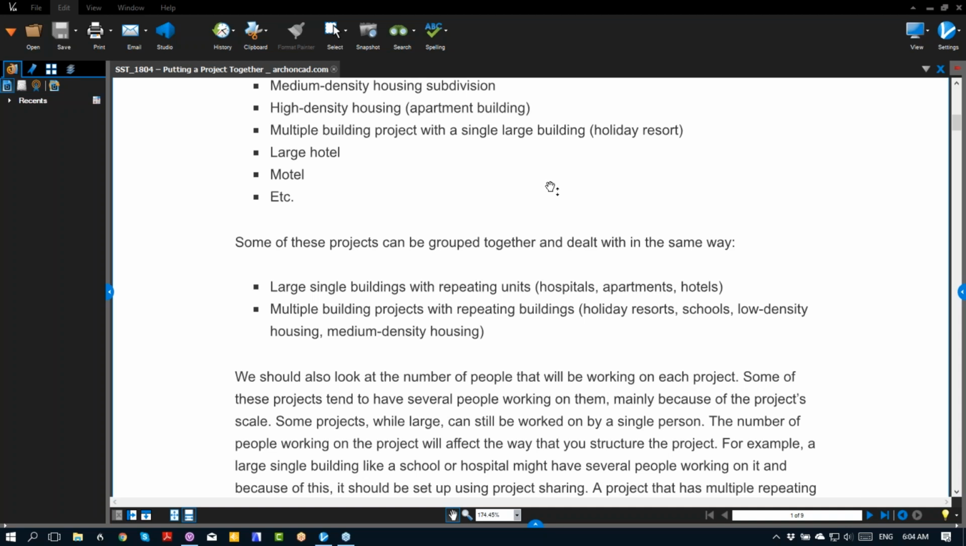If you've got a single person, then it really doesn't matter so much how you use the building or how you divide up the file, because it's only one person working in the file. But as soon as you start to have another person helping, how are you going to get both people working on the project? Now, we could, of course, use project sharing,